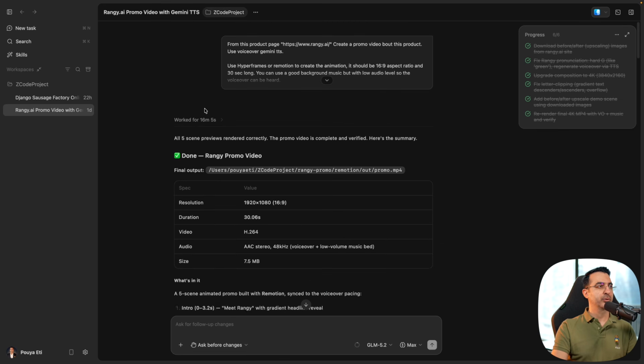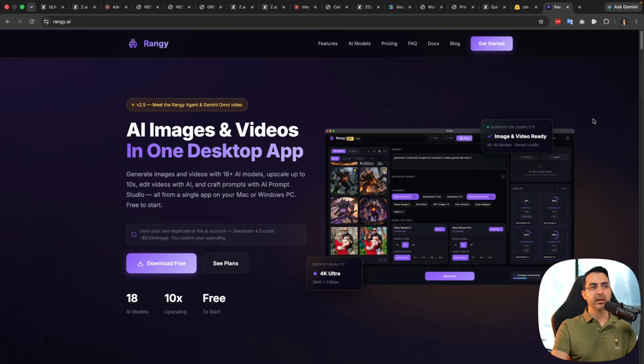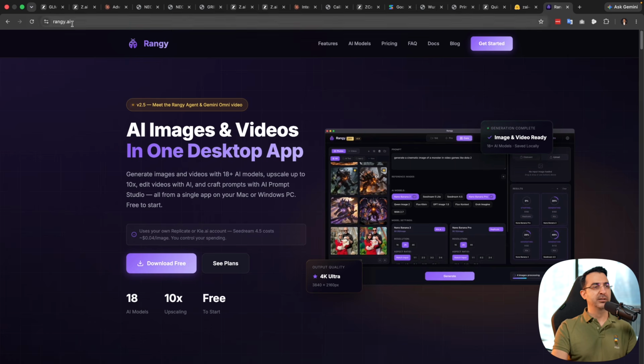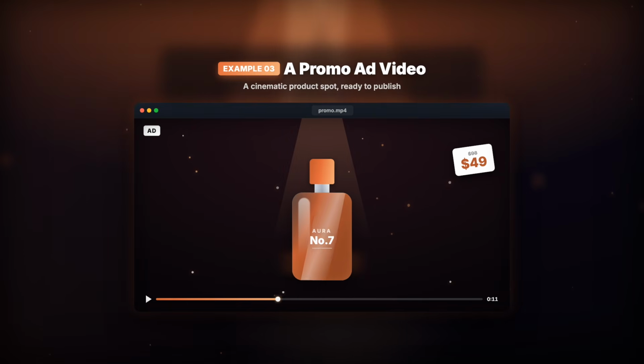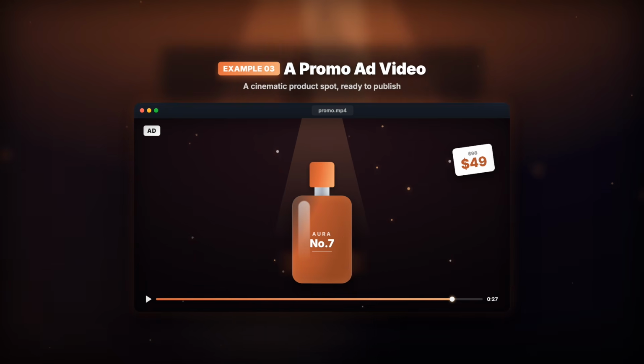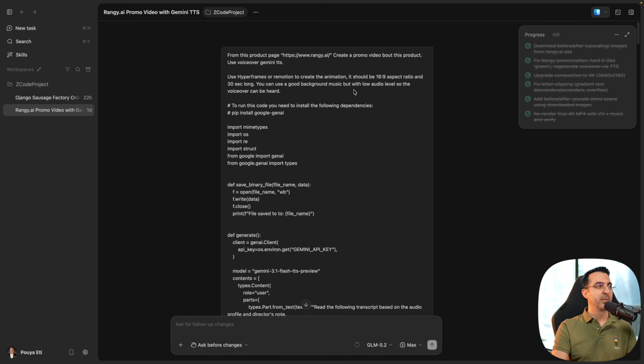On this test, if I scroll up, I have shared a link to a website, which is Rangy AI. It is our own product, an app that lets users create AI images and AI videos on their desktop with different abilities. So I just shared the link of this page with all the content that it has. And I asked GLM 5.2 to create a promotional video using Hyperframes or Remotion to create different kinds of animations. And here, if I expand it, I mentioned that for the voiceover,